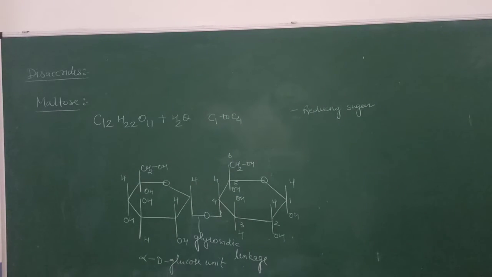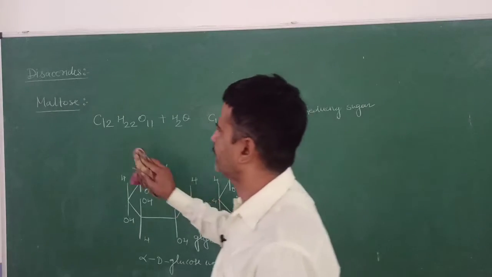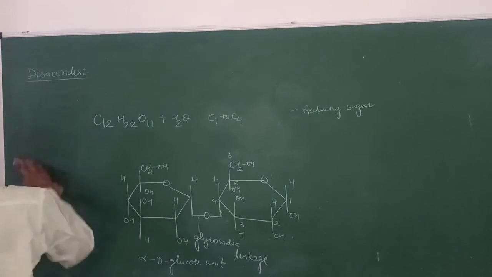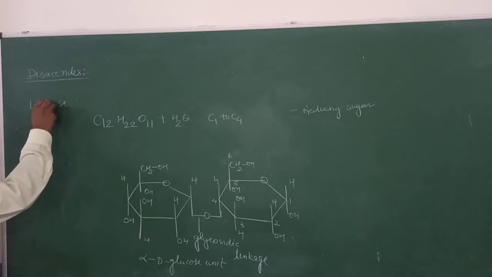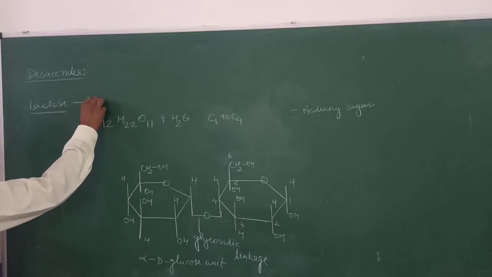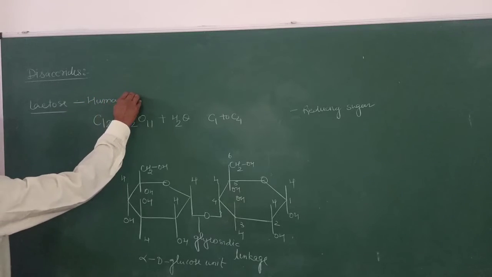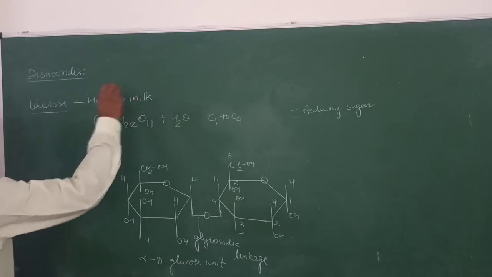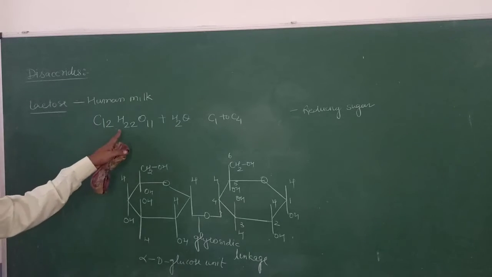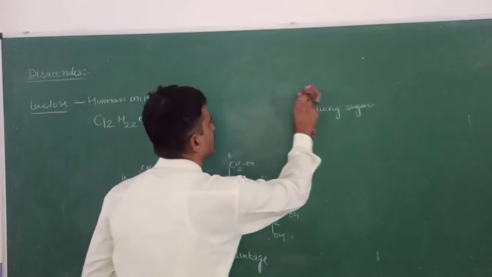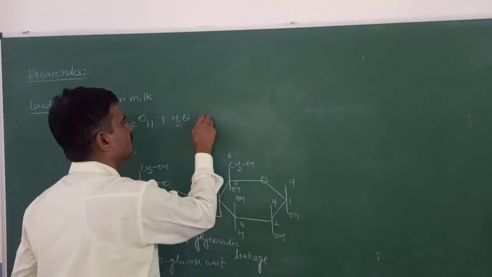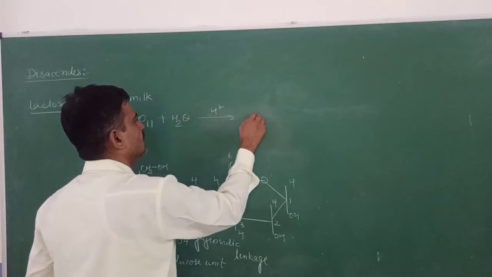This is known as lactose. Lactose sugar, a disaccharide, is found in human milk. It also has the general formula C12H22O11, and it gets hydrolyzed on adding water in presence of mineral acid. It gives you